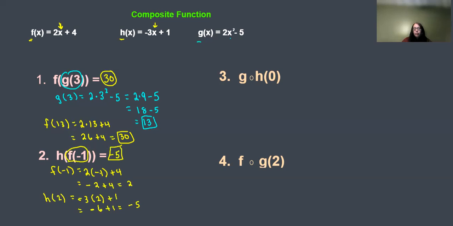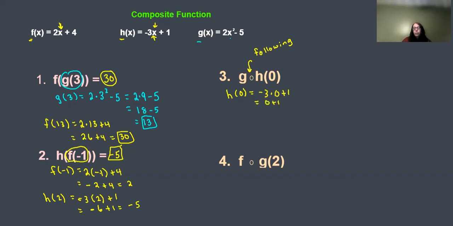How are we doing? All right, and 3 and 4, it's the same thing, except I'm just writing it in a different way. That little circle there, that means following. So it says g following h of 0. So the first thing we're going to do is h of 0. So go to your h function and put 0 in for x. Right here. So I've got -3 times 0 plus 1. Well, anything times 0 is 0, plus 1